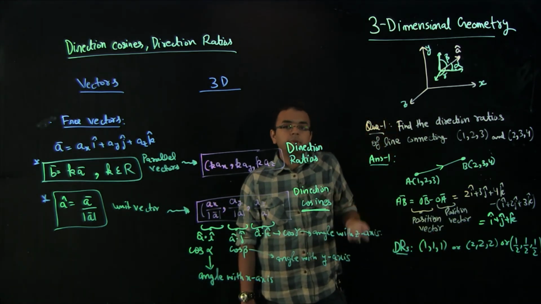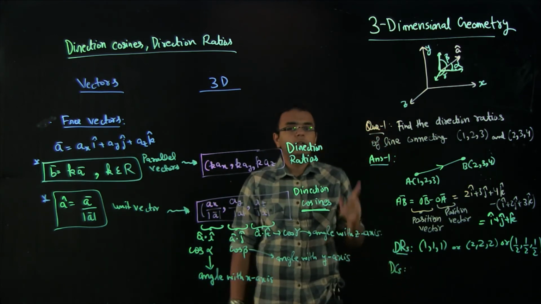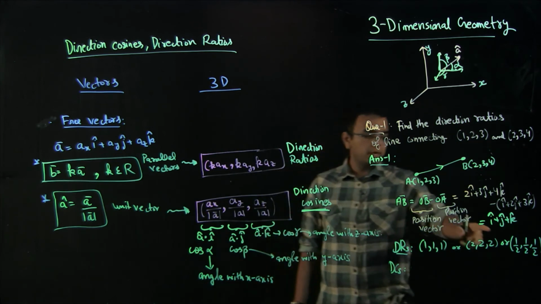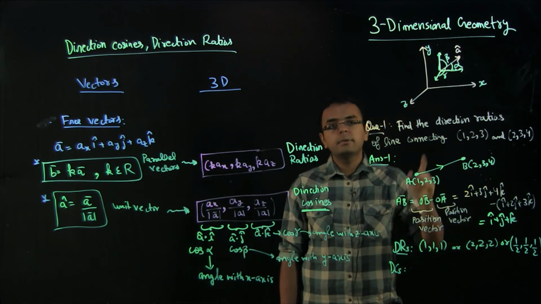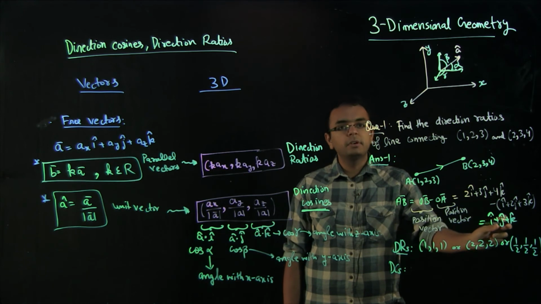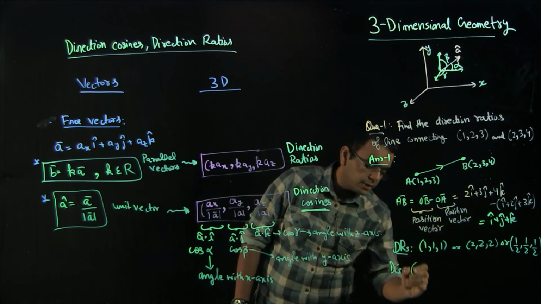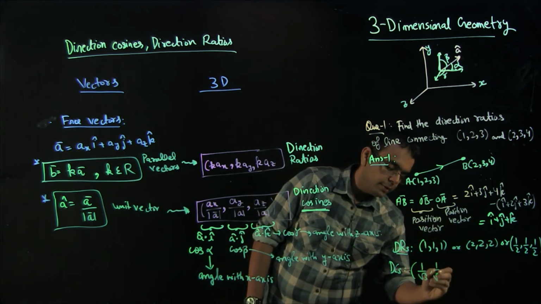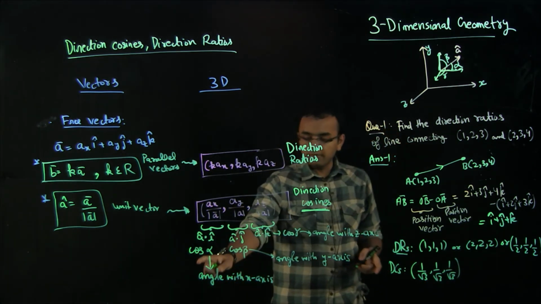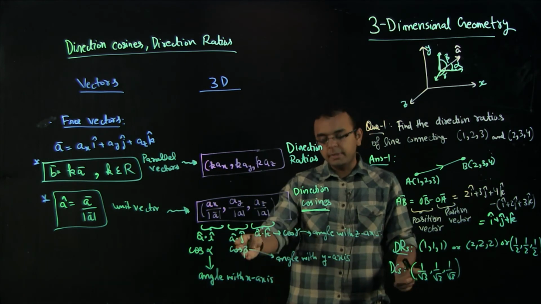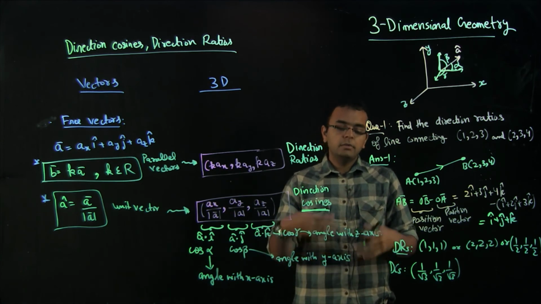Okay. Now if we have been asked to find direction cosines, we know how to calculate a unit vector. A unit vector is the vector divided by the modulus of A. So what is the modulus of this vector? 1 square plus 1 square plus 1 square, square root, because you take the x component, y component, z component, square them, and then take the square root, which is root 3. And then you basically get 1 by root 3, 1 by root 3, 1 by root 3. Okay. And 1 by root 3 is cos alpha, which is the angle with the x axis. 1 by root 3 is cos beta, the cos of the angle with the y axis, and 1 by root 3 is cos gamma, the angle with the z axis.